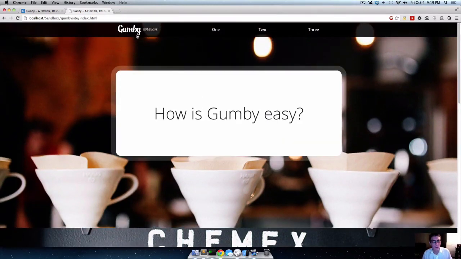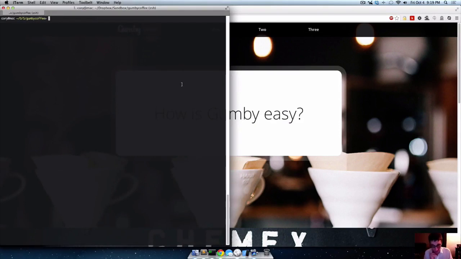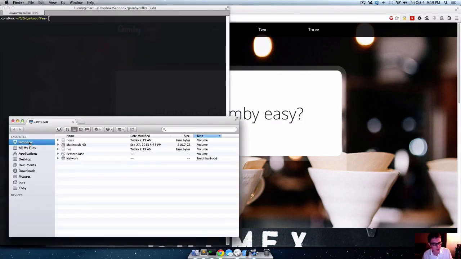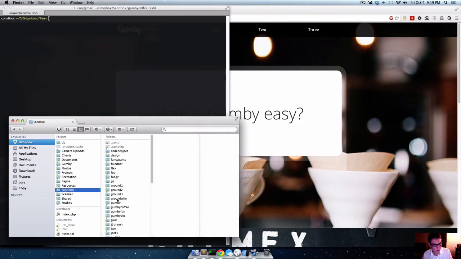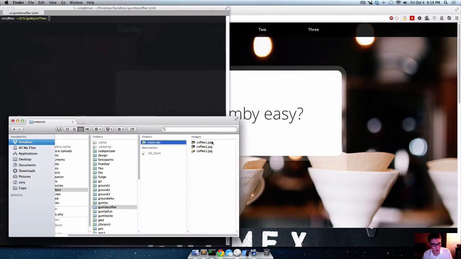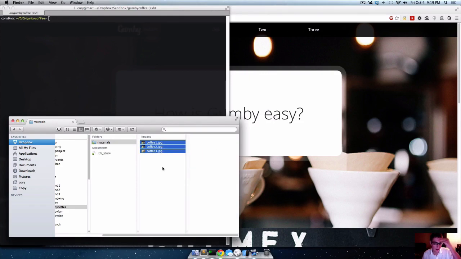So without further ado, we will go into an empty folder. The only thing this folder has in it are some images here. I've got these 3 coffee images